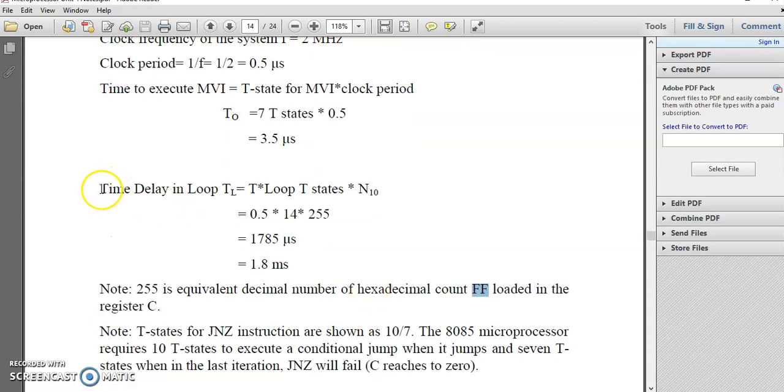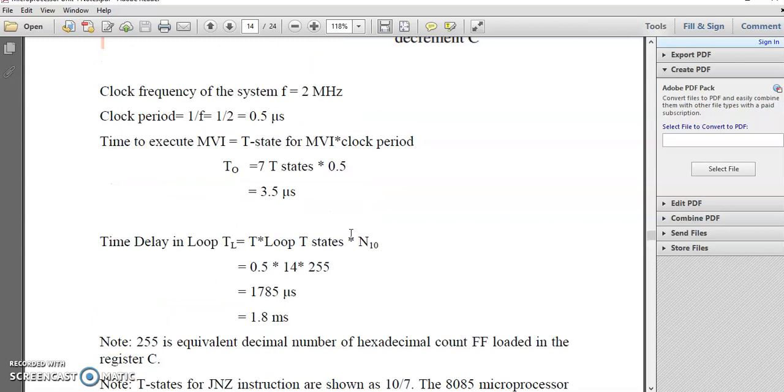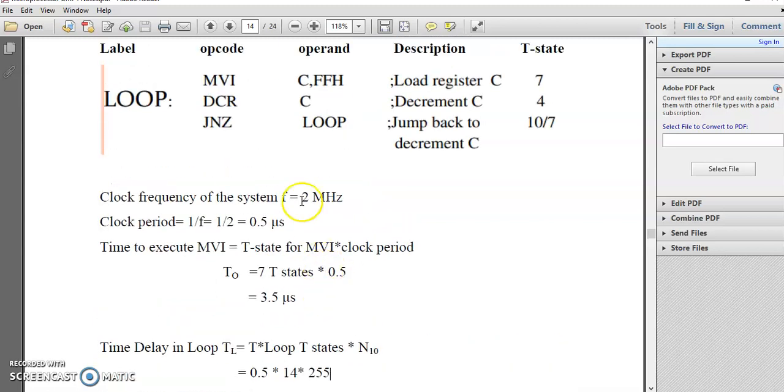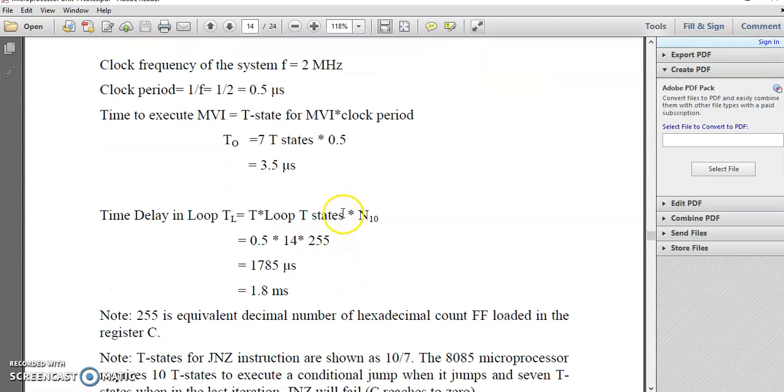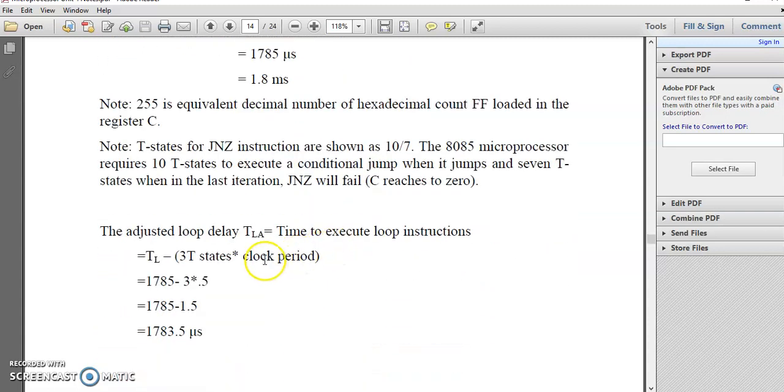So the total time in the loop will be 0.5 into 14 into 255, but it is not the accurate or exact time required, because at the last iteration this instruction will require only 7 T states. So first we will calculate the whole time delay for all the iterations, and then we will adjust the loop delay.